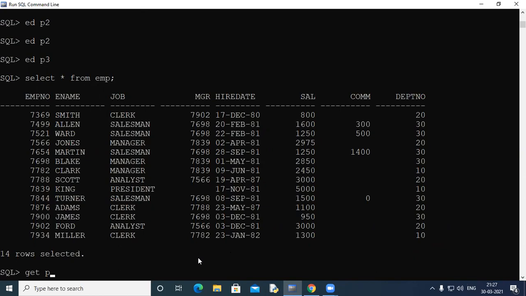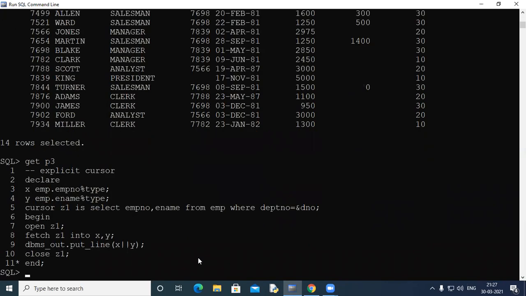That is what I'm asking from you. I'm listing the code on screen. When I run this code, what is the output of this? Will it give an output or will it give an error? Please raise your hands to answer this question. Only then you will understand cursor, because we have already discussed it in our offline classes. Yes, you can raise your hands whether this will work or whether this will give some error or some other mechanism should be used to run this code.